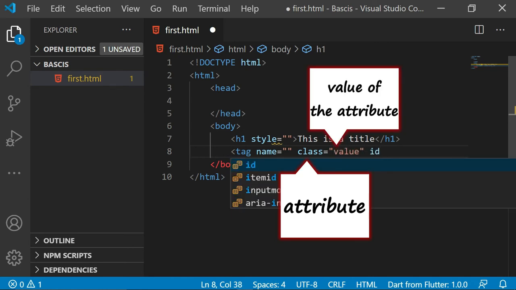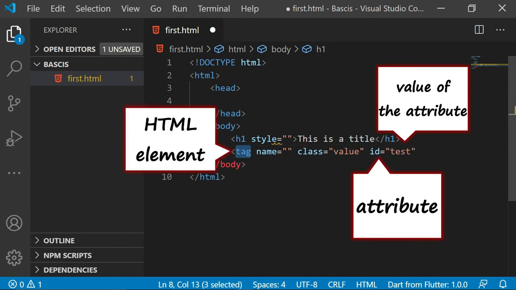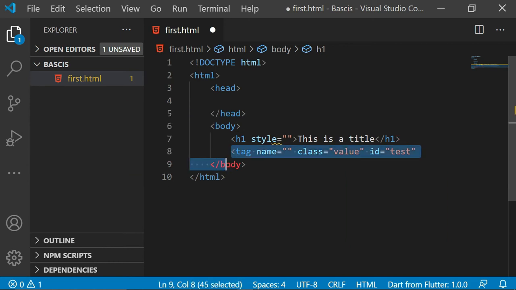Let's say you give ID, then ID is the attribute and this is the value. The HTML element you give, and there is some additional information you pass to the element. That information is called an attribute. You have the attribute and you have the value. That's how it goes. Now when it comes to styling, you do have an attribute called style.